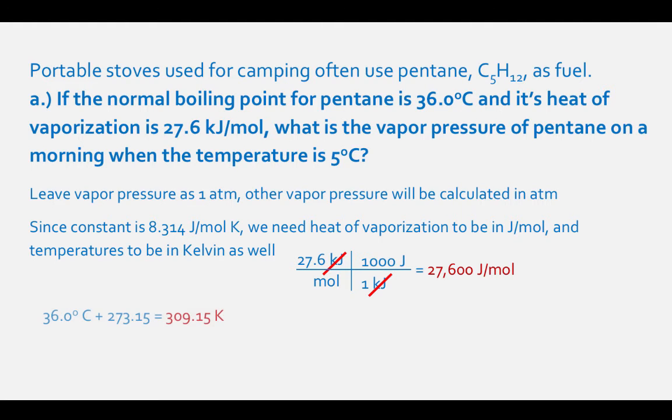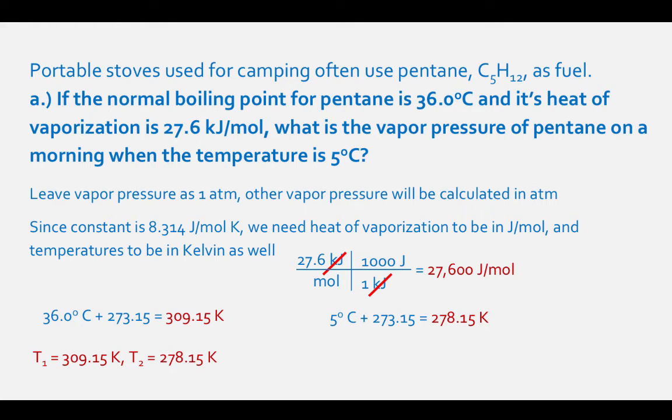The temperatures will be 36 degrees Celsius plus 273.15, which equals 309.15 degrees Kelvin, and 5 degrees Celsius plus 273.15 will equal 278.15 degrees Kelvin. Our first temperature will be 309.15 degrees Kelvin, and our second temperature will be